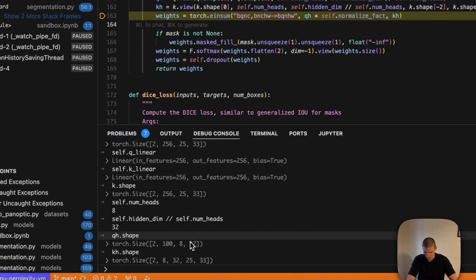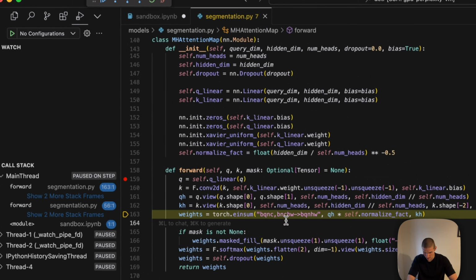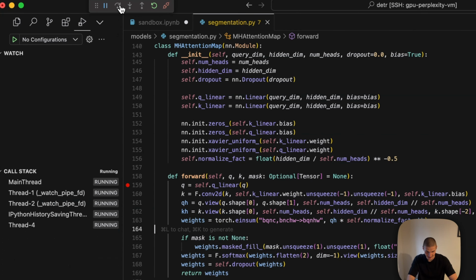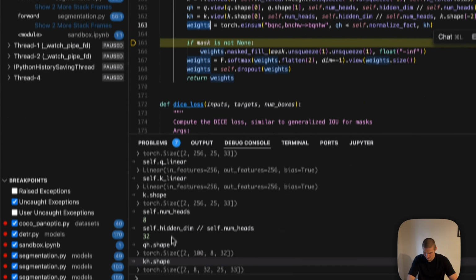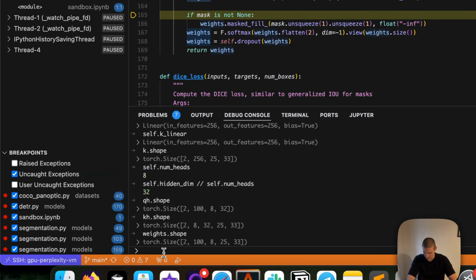So it is the one that is getting crossed out in this multiplication. And from there, we basically get our attention maps. So now the shape of that is 2 by 100 by 8 by 25 by 33. So it has the same shape as the original image, which means we can represent it as an image,